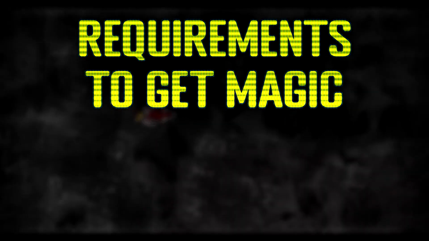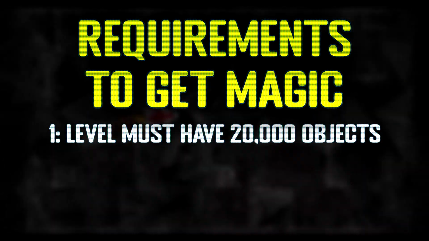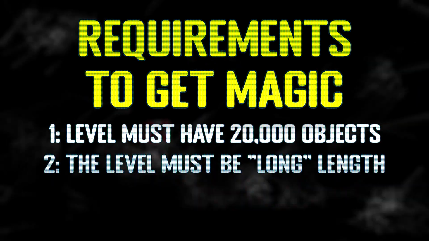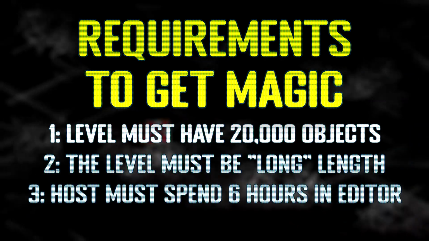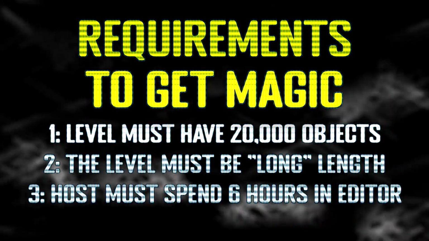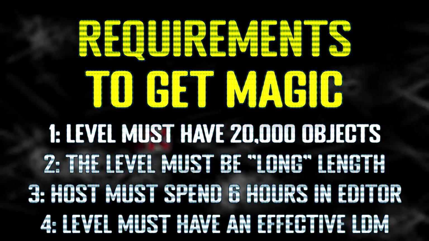Those requirements are 1. 20,000 objects. Don't worry about this one because it'll probably be about 60 once you get the level back. 2. It's got to be a minute long, which you've probably already done. 3. You have to spend at least 6 hours inside the editor, which you have hopefully done while making your part. Lastly, 4. It's got to have an effective low detail mode, which basically translates to that a certain percentage